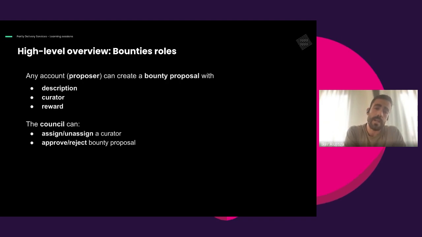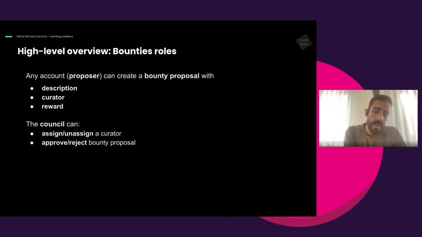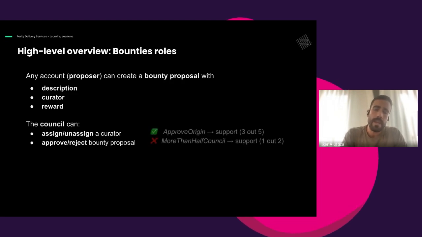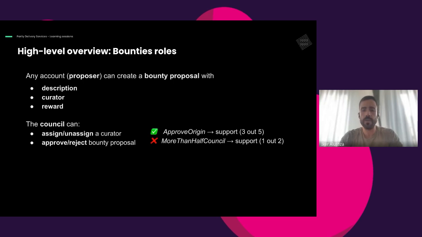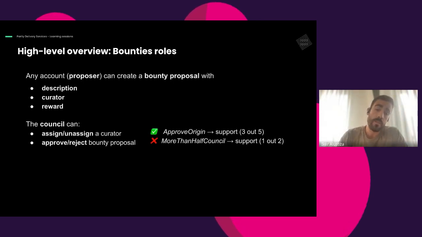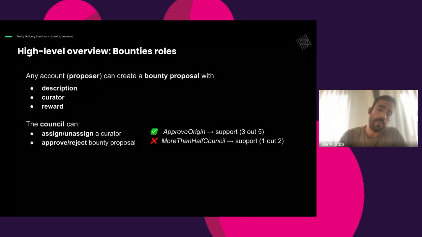Here the council plays a big role in this bounties pallet because they can assign or unassign a curator, and they can also approve or reject a bounty proposal. They do this, if you remember from last week, with these origins and how this works. For the positive case, when, for example, a curator is assigned or a bounty proposal is approved, it is done